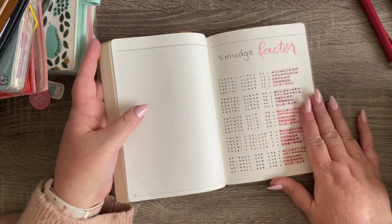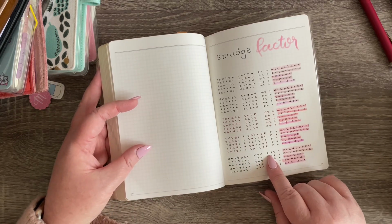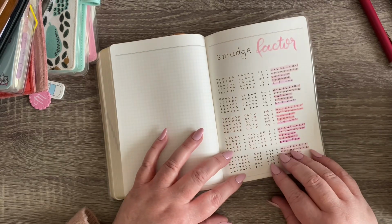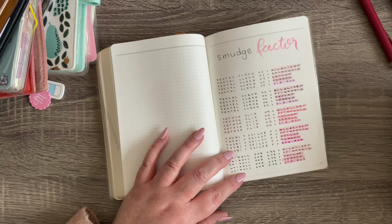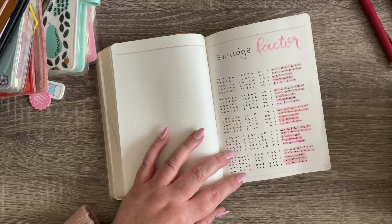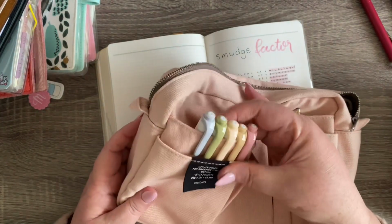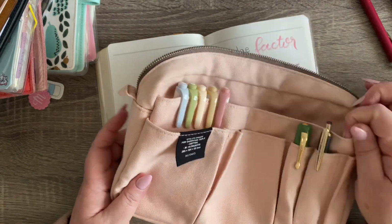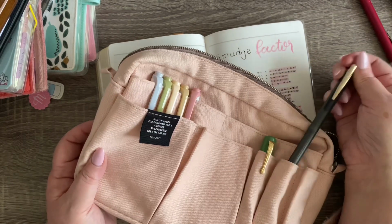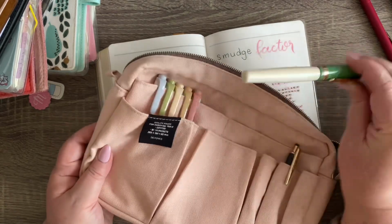I've done a pen test and worked out that the Uniball 1 is the best pen ink to go with a mild liner. So in here, I'm going to have, I've just got it here actually. I'm going to be putting it all in this Delphonics pouch. I'm going to have my neutral mild liners and my Sarasa Grand pen, which has, again, the Uni 1 ink in it. This is my fountain pen, my Kaveco student that